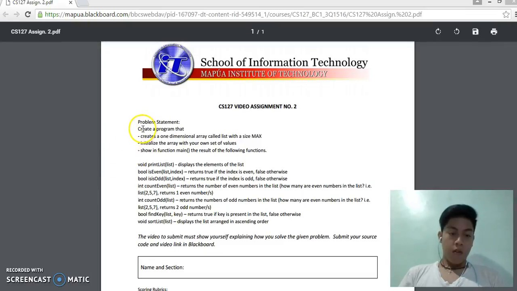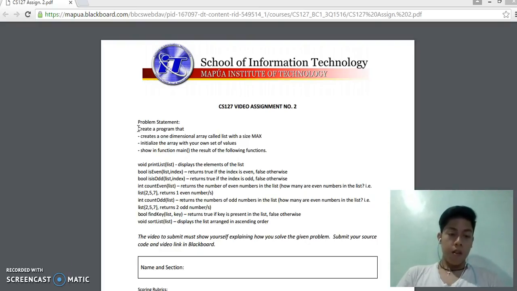So here's our program, the problem statement. Create a program that creates a one-dimensional array called list with size max. Initialize array showing function main. So our required program is to display the elements, return if the index is even, return if the index is odd,